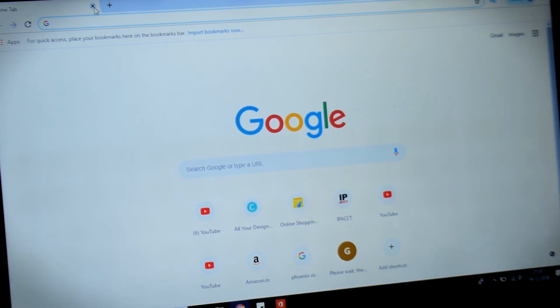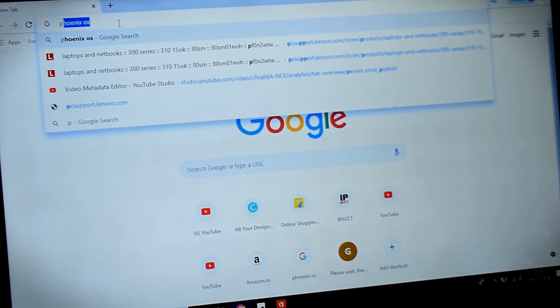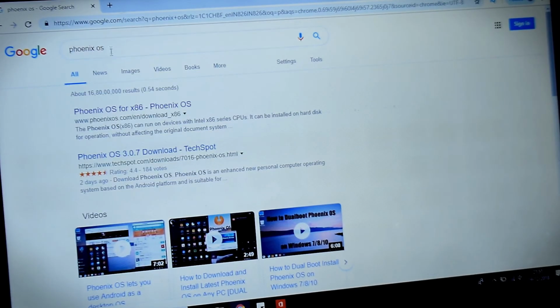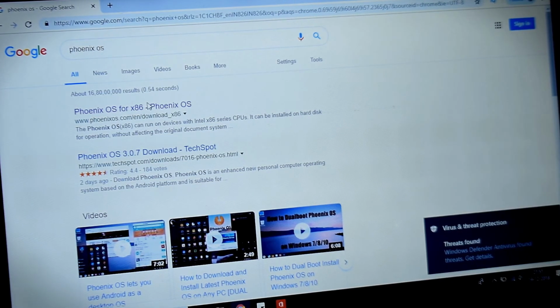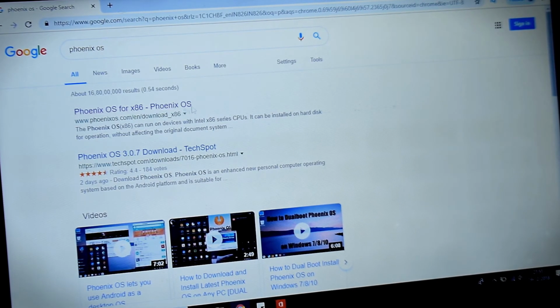So first you need to open up your regular browser that you use. It can be Google Chrome or Internet Explorer, anything. So after opening your regular browser, in my case it's Chrome, you need to search Phoenix OS. Okay, Phoenix OS. You can see the spelling, and you need to click on the very first link that will appear after you search it. It's named the Phoenix OS for x86 Phoenix OS. You need to click on it,